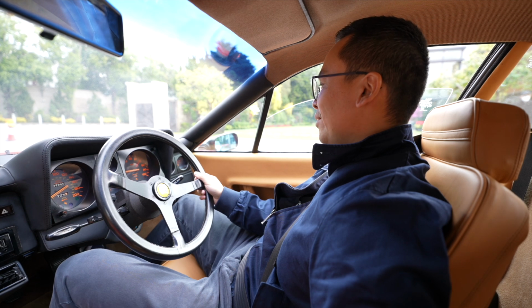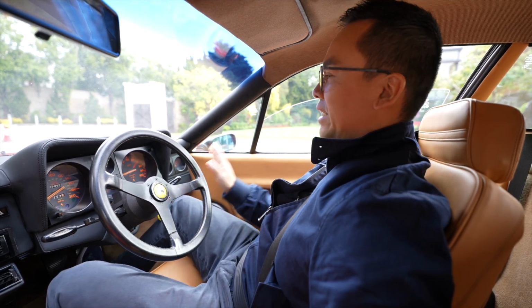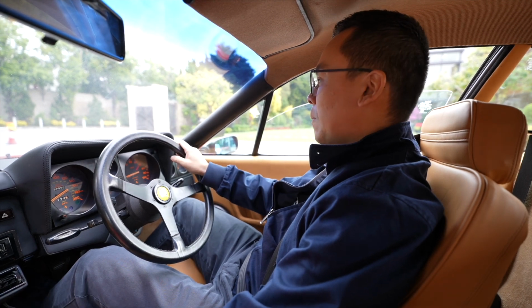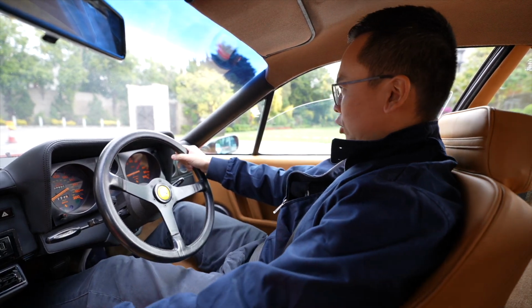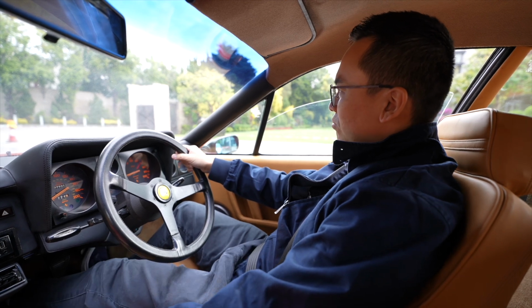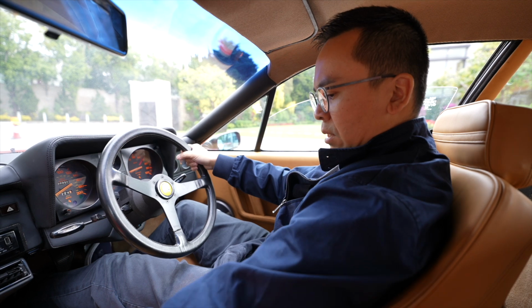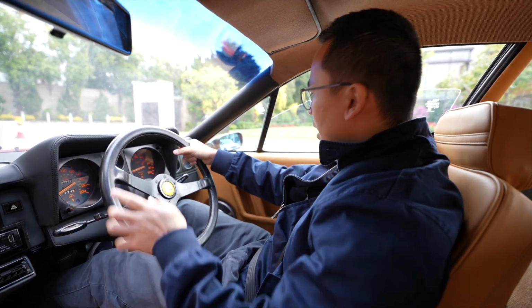Ooh, listen to it fire up. Immediately, you notice the distinctive flat 12-cylinder note. Clutch, I mean, it's not light, but you really have to step quite a bit down. First gear,